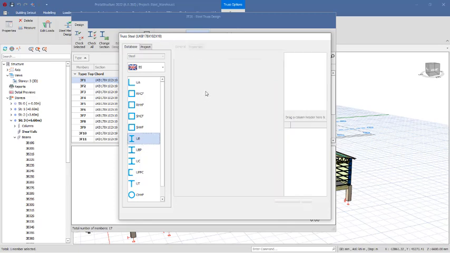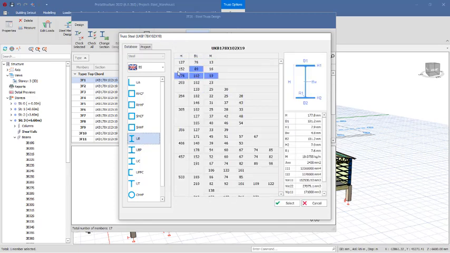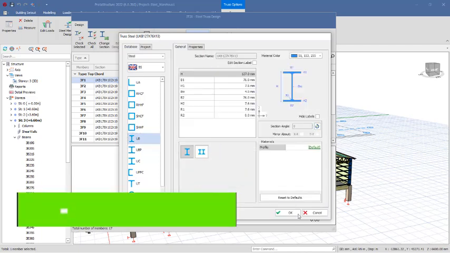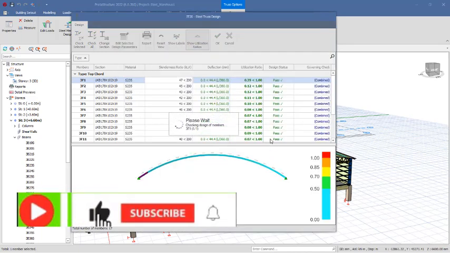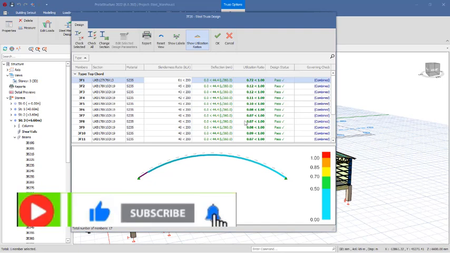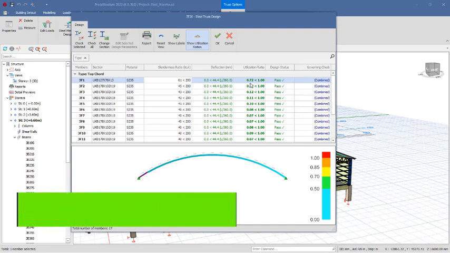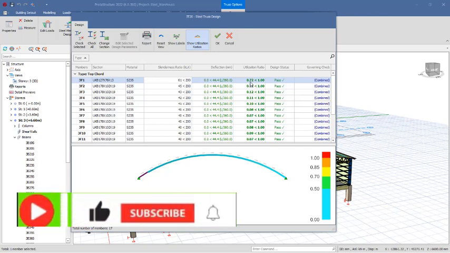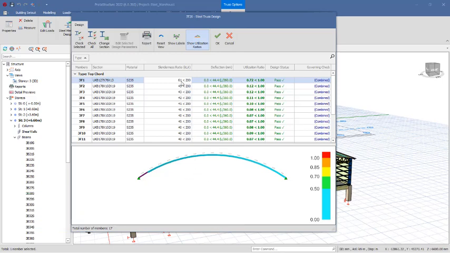And then if you click here, there are other smaller sections right there, like 152, like 127. So if you maybe choose the smallest section, let's see what happens. Click on the select option and then OK. You can notice that it is going to redesign, and then you see the U ratio over here, which was 0.38, sorry, 0.39 approximately, is now 0.72, and it has also passed the design,